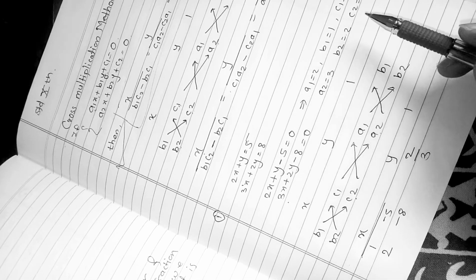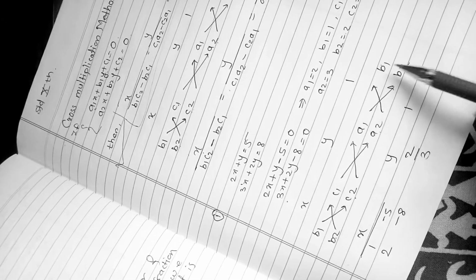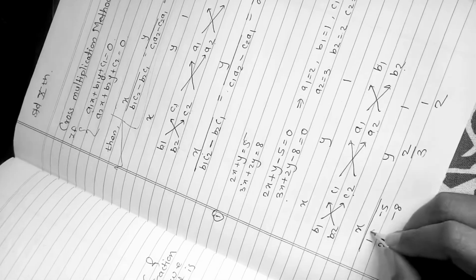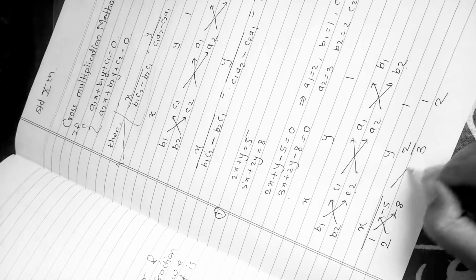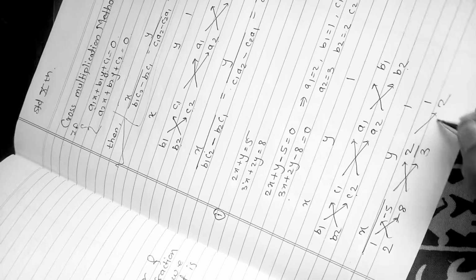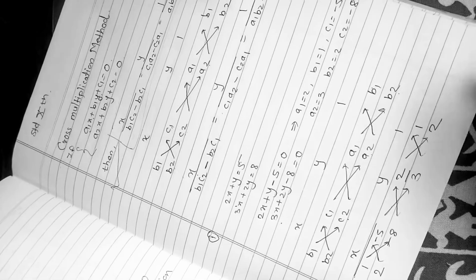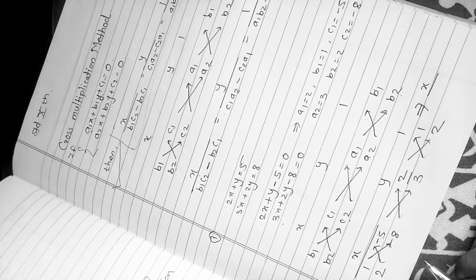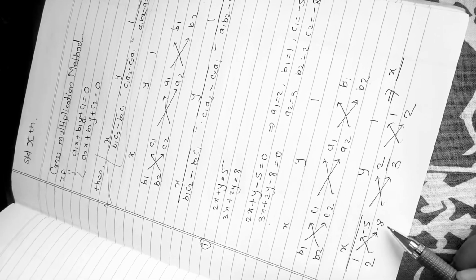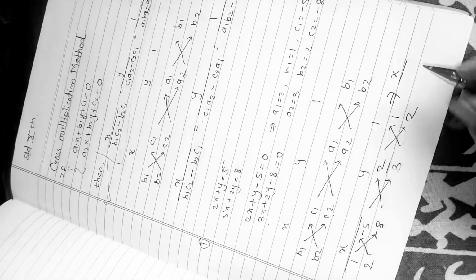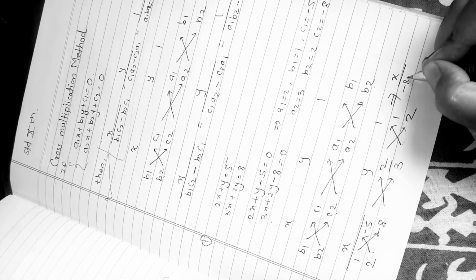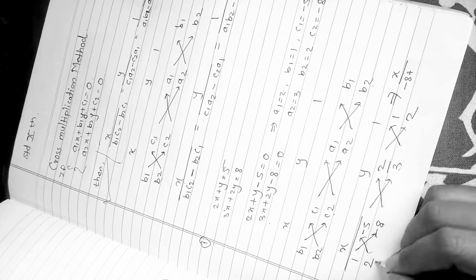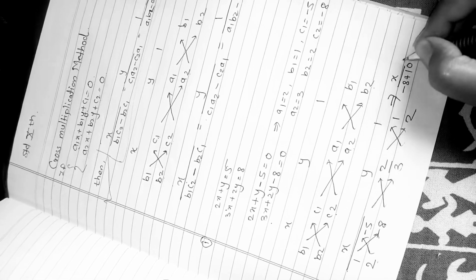So for the value of the constant, we take b1 b2, 1 2, and take the cross multiplication. So x over minus 8 into 1, minus 8, here the sign is minus, minus minus plus, 5 times 2 is 10, is equal to